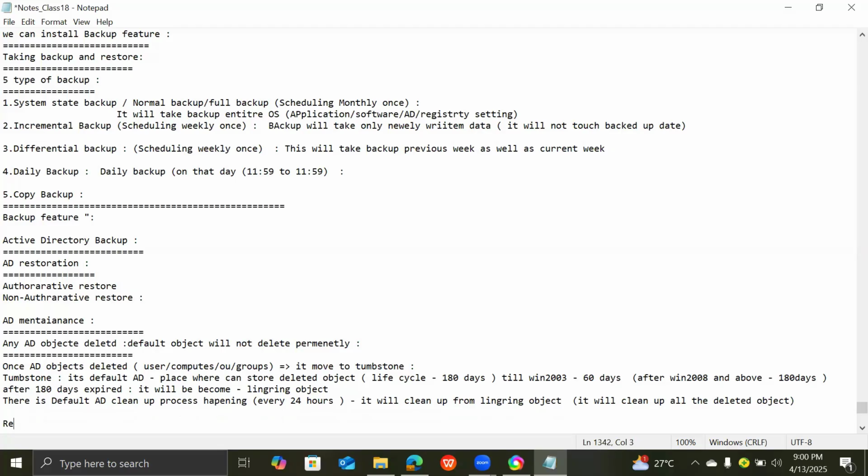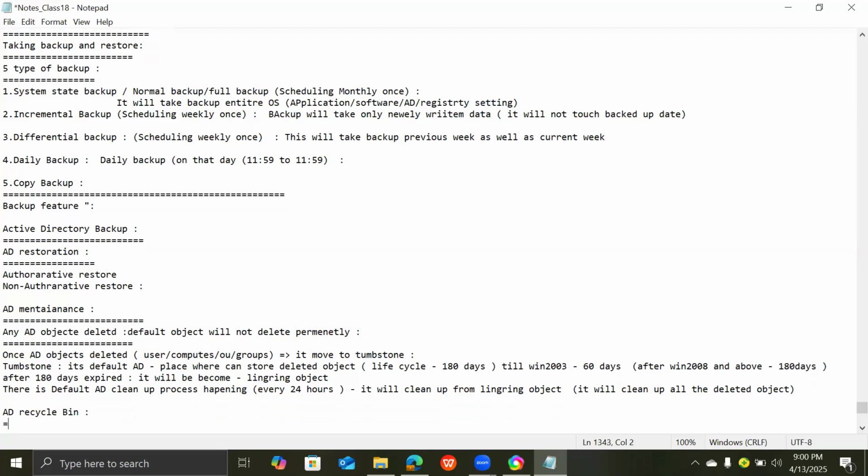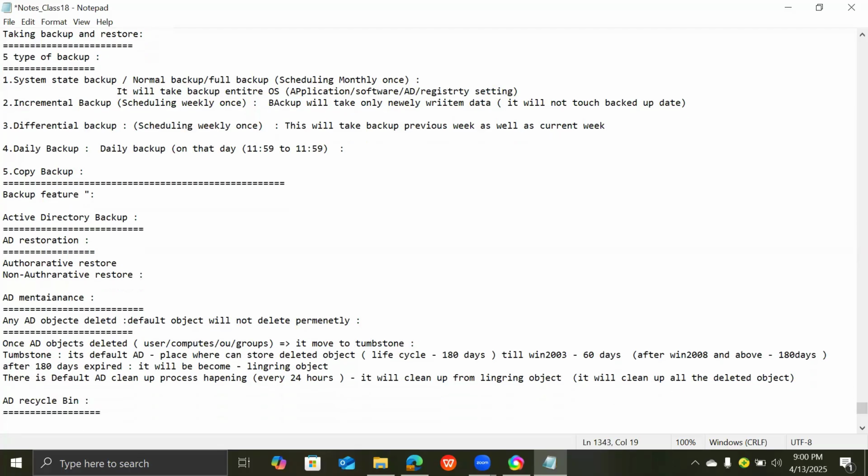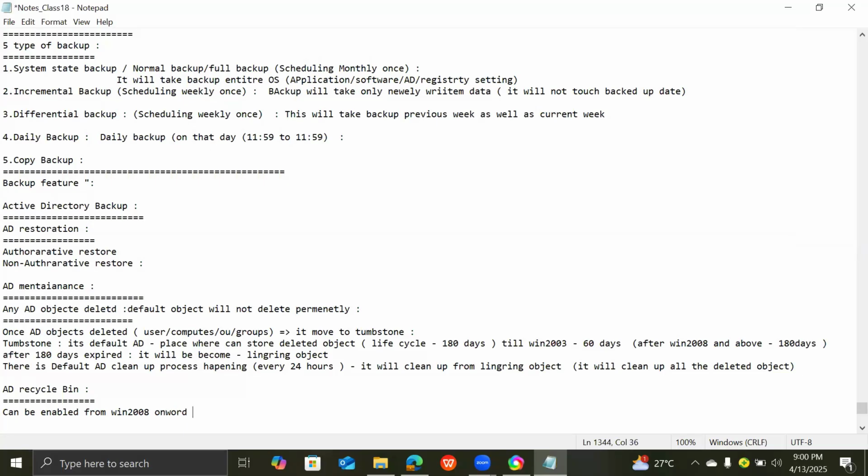The Recycle Bin can be enabled from 2008 onwards. In 2008, you can enable it by using the command prompt or PowerShell